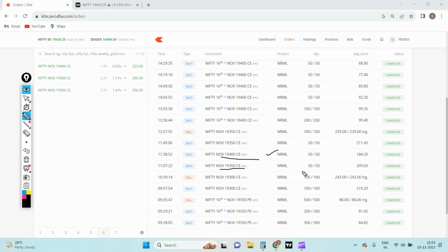I added the 19,350 call also, one lot at 11.7, and again I waited for 50 minutes to add another lot. So overall, I had around two lots, and the average price was similar. Even after half an hour or 40 minutes, the premium that I entered was similar, around 210, and I executed at this point because if I move on to the Nifty chart over here,